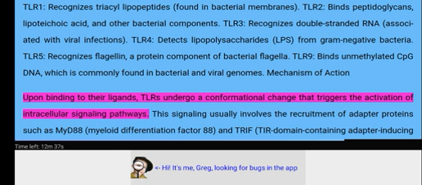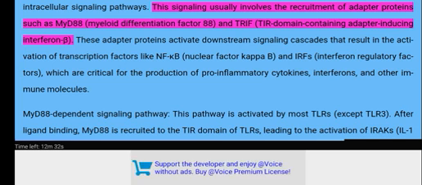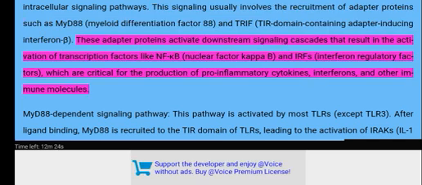Mechanism of action. Upon binding to their ligands, TLRs undergo a conformational change that triggers the activation of intracellular signaling pathways. This signaling usually involves the recruitment of adapter proteins such as MyD88, myeloid differentiation factor 88, and TRIF, TIR domain-containing adapter-inducing interferon beta. These adapter proteins activate downstream signaling cascades that result in the activation of transcription factors like NF-kappa B, nuclear factor kappa B, and IRFs, interferon regulatory factors, which are critical for the production of pro-inflammatory cytokines, interferons,